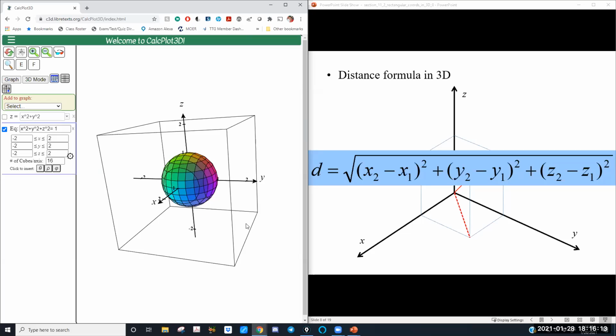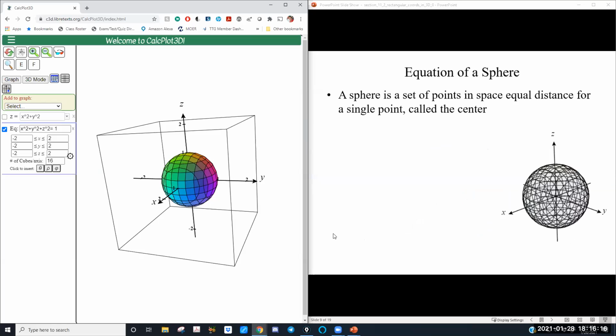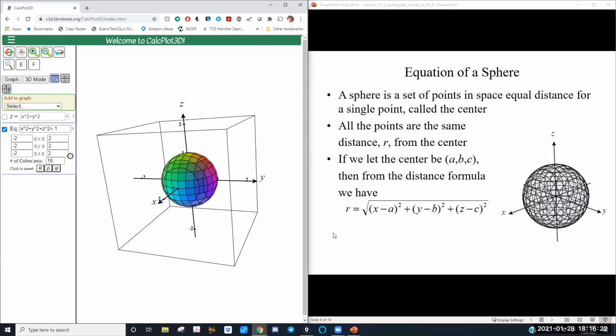All right. Let's take a look at a few surfaces so you can kind of see what they look like. Like we said, the sphere comes from the distance formula. It basically comes from squaring both sides. If you leave it as a radical, because we'd only get positive values, it would give you the top half of the sphere. So squaring both sides and doing it as an implicit surface, like we did here, gives you the full sphere. But if you did z equals square root of x squared plus y squared, you would get a half a sphere. We're going to see a lot of spheres in here as we go along.